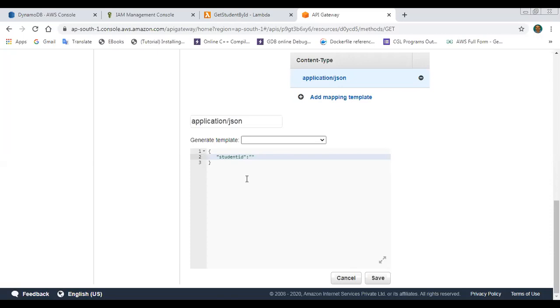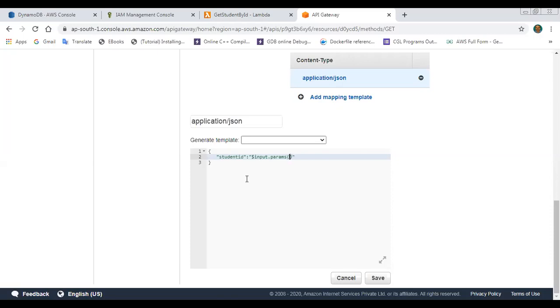In the double quotation, provide the parameters. Here the function is used for passing the parameter. For the query parameter, dollar input dot params is the function.